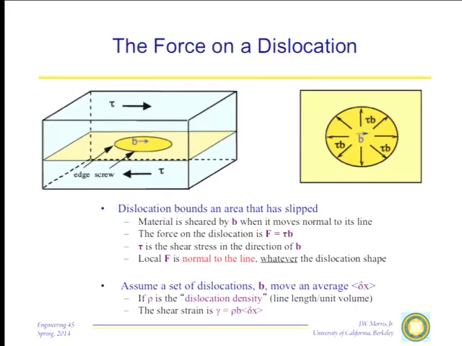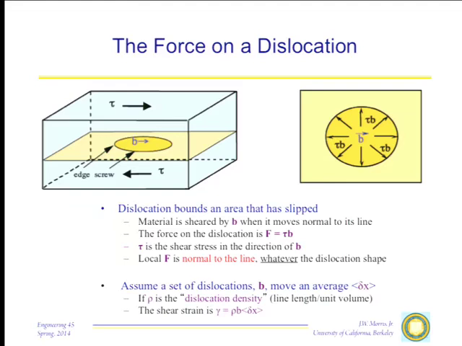If we put a shear stress tau on the plane, oriented so as to slip the top of this crystal over the bottom, the force on the dislocation has the magnitude tau b, where tau is the component of the shear stress in the direction of the Burgers vector b. The Burgers vector b is the slip vector, and that has the same value at every point in the interior of that plane. That force acts perpendicular to the dislocation line, and what it's trying to do is to expand